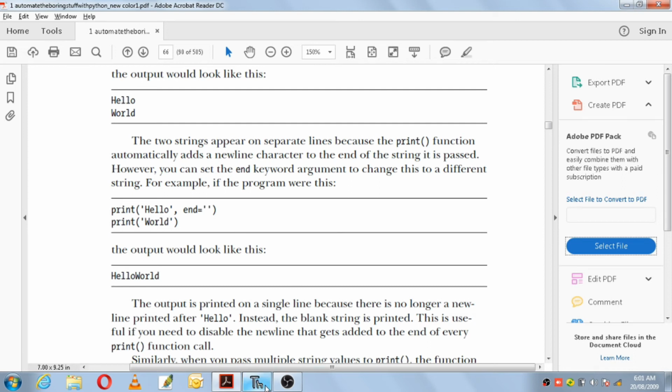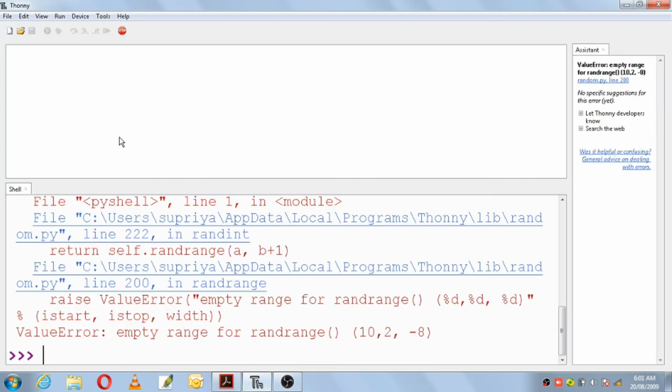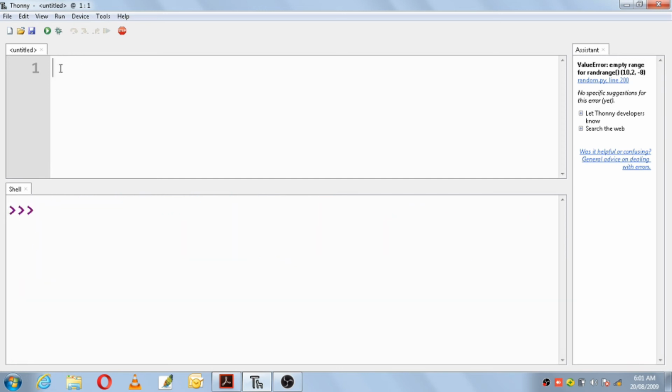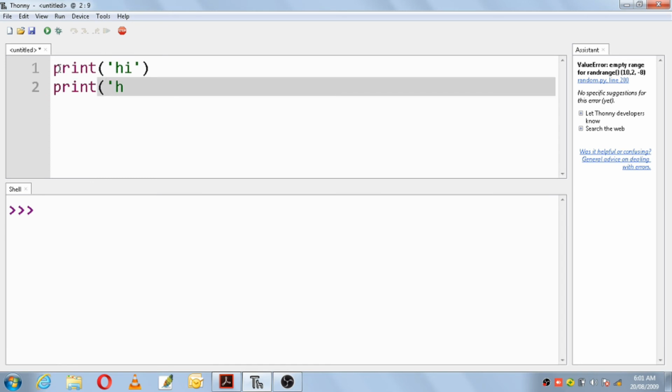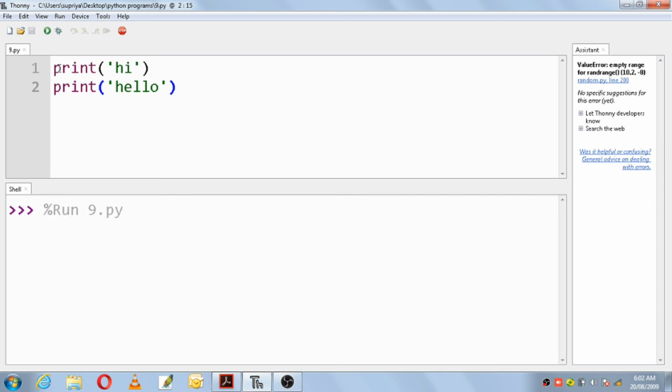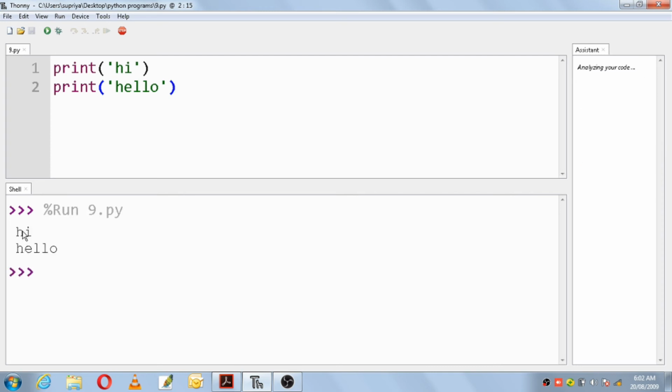Okay, so we can check this. Control N, we can clear this. Control N, print hi. Okay, print hello. So Control S, give some file name and F5. So you can print hi and hello.